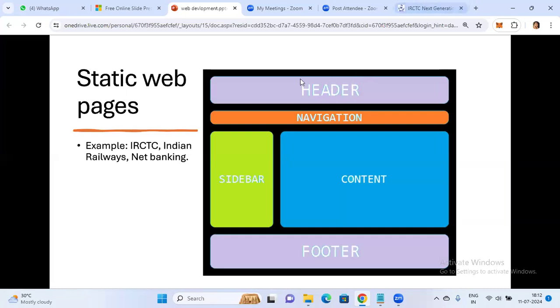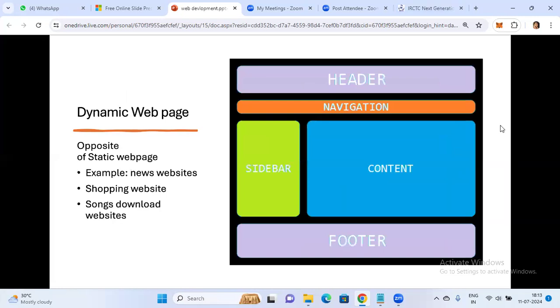So now this is the static web page, because why it is static, we cannot change whatever we want. We cannot change the styles, we cannot change the sliders. It is possible, but it takes so much time because all the layers are interconnected, right? So now we'll check the dynamic web page.